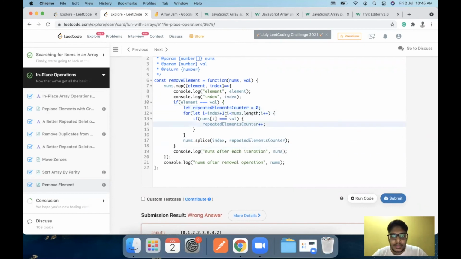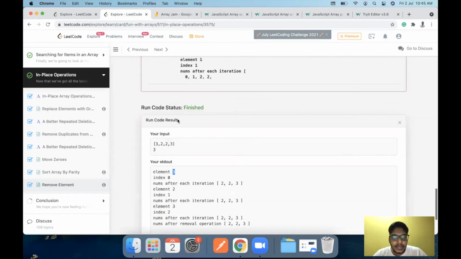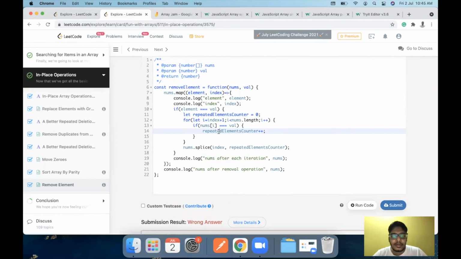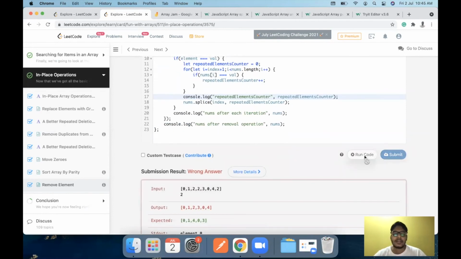So in this case, let's just take an example and try to understand where we are going wrong. Let's just print out our repeated elements counter value as well and run our code.